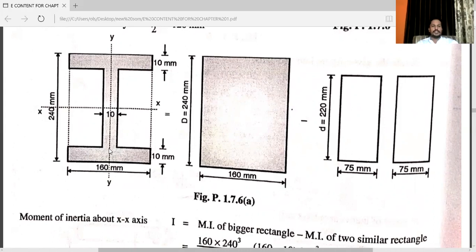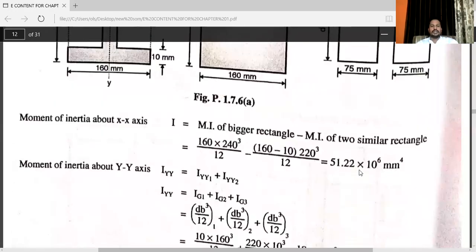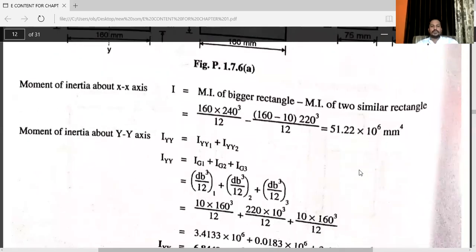From this point to this point, distance will be 80. 80 minus this distance, that is 10 by 2, that is 5. So 80 minus 5, that is 75. Distance is given here. So here you can see